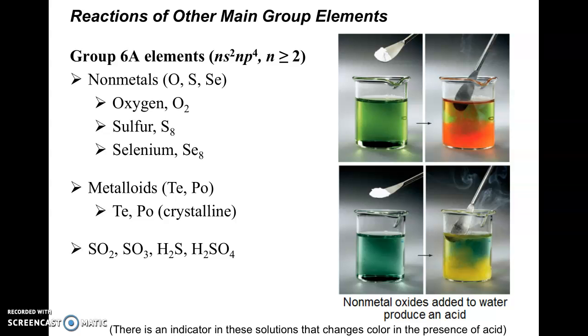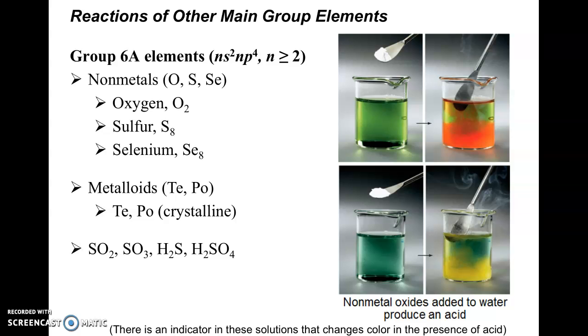Well, the ones at the top, the oxygen, sulfur, and selenium. Then we get into some metalloids with tellurium and polonium. You have 4 electrons in the p orbitals, so it only needs 2 more electrons to be isoelectronic with a noble gas. And so you can see that the sulfur and oxygen make a variety of molecules, and once again